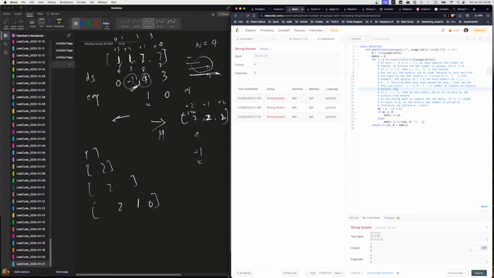Another important aspect is that the surplus can only be used to supply the deficit that happens to the right. We cannot use the surplus to replenish the deficit that happens on the left hand side,